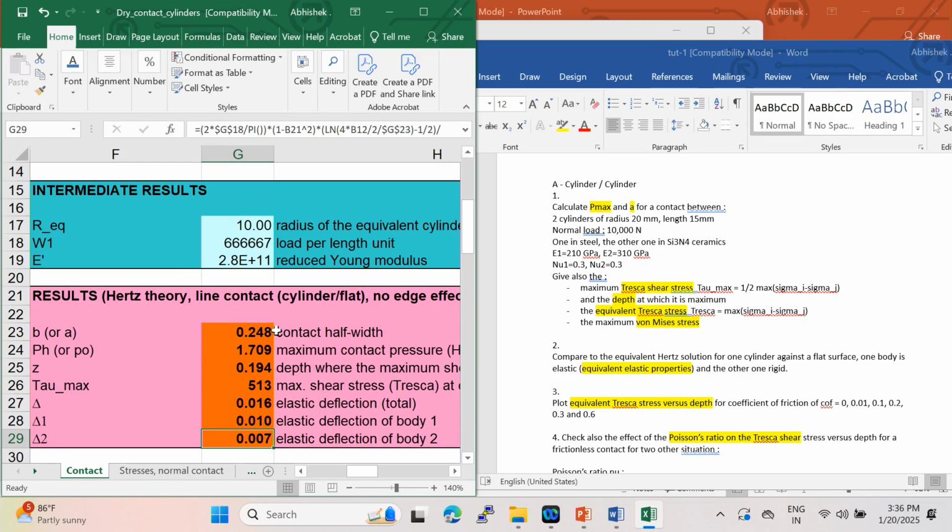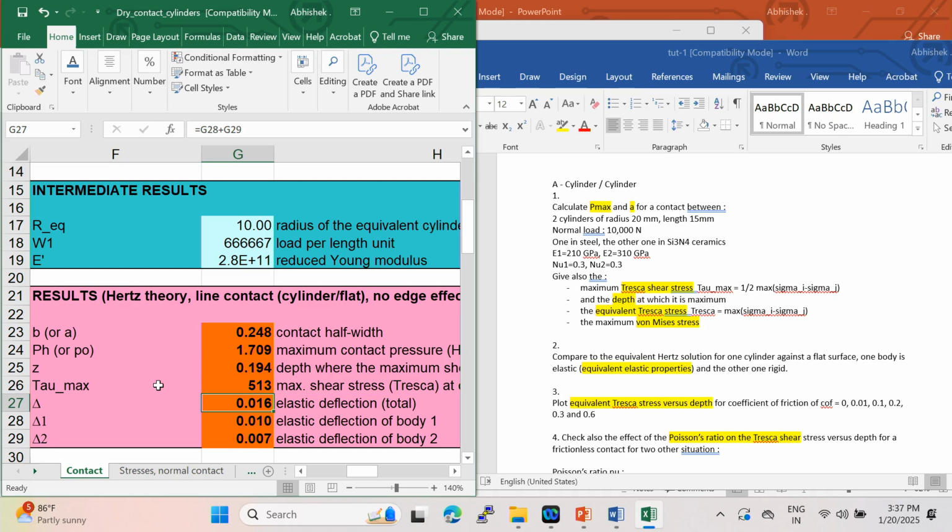Then the solution should be here. The size of the contact is 0.248, almost 1/4 of a millimeter. This is the half size of the contact. The maximum contact pressure is 1.7 gigapascal, which is reasonable. It can be for a gear application, for example, or for a roller bearing application. The depth at which the maximum stress occurs is 194 micrometers. The maximum Tresca shear stress is